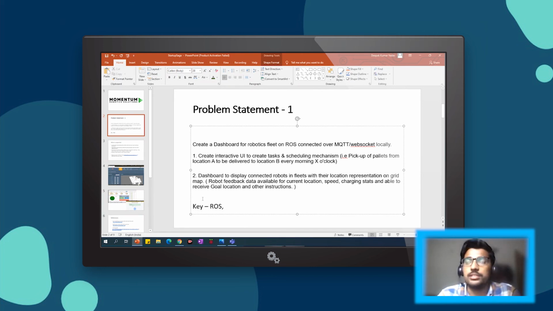Second, maybe some web framework like Django, or maybe UI/UX, and maybe some graphics skills.